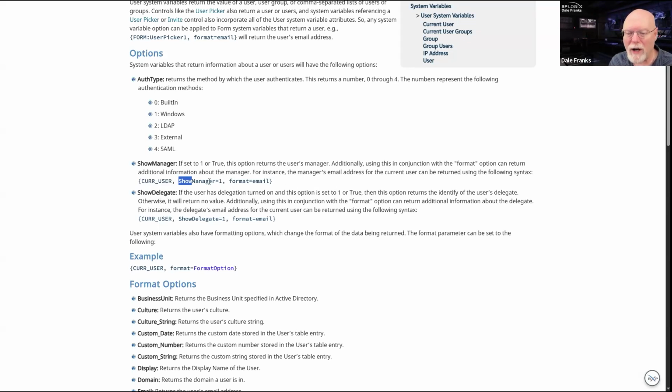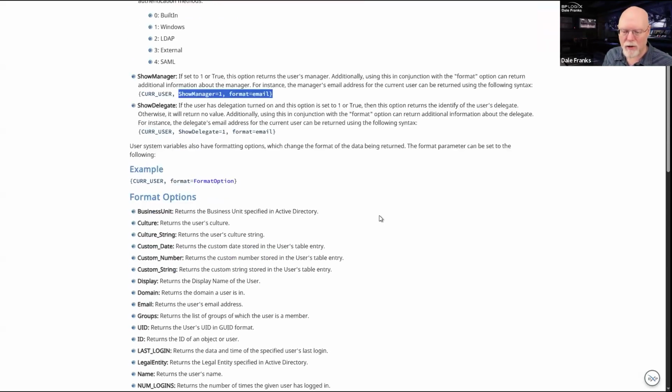But if I wanted to send an email to their manager, I could just take that system variable, the active activity users or whatever it may be, or activity user for activity 1, and then type in show manager equals 1, format equals email, and I could use that as the notification email for a notification that was sent via a notification activity. So, for example, if I didn't finish an activity prior to my due date, I might want to send a past due notification to my manager, and I can do that with this particular type of system variable.